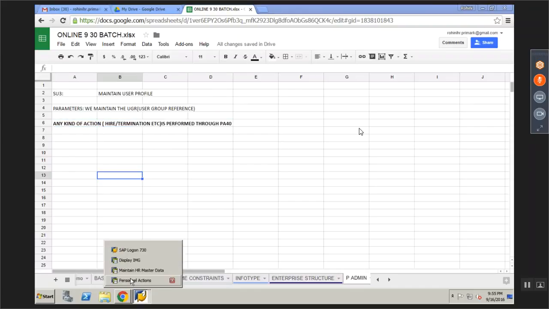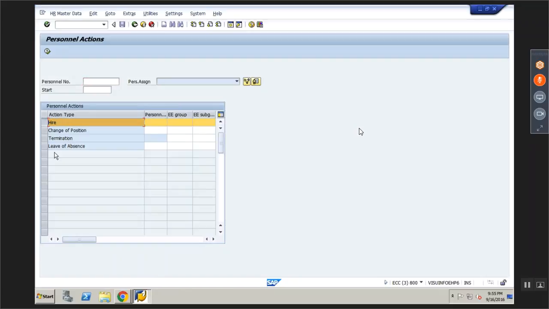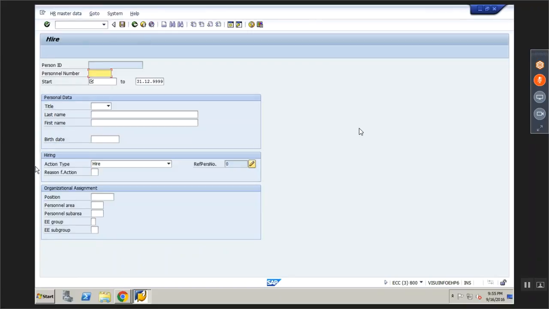Okay, so I'm going to personal actions. I click on hire and I click on execute. So this is called the initial screen of hiring. We have to specify the start date. For example, I'll take 16/09/2016.